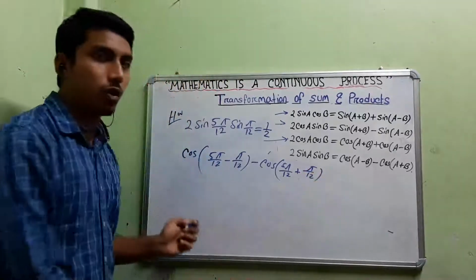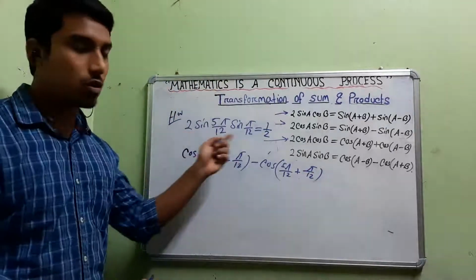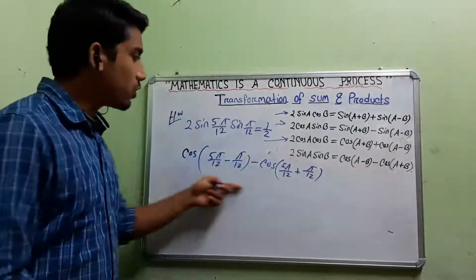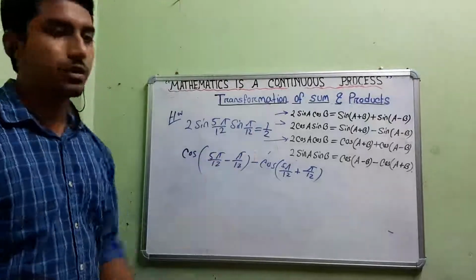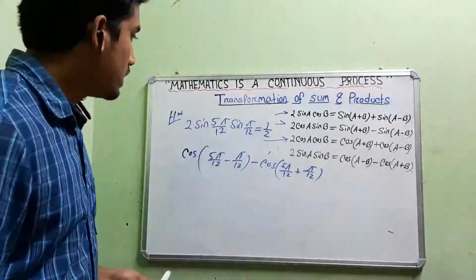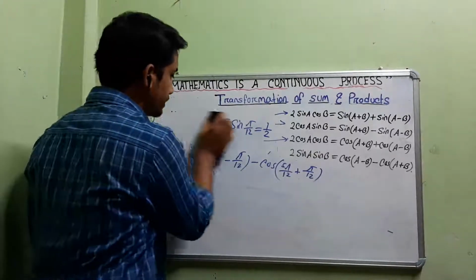So this way we will follow the formula, because it is falling under the fourth one, 2 sin A sin B. So obviously 2 sin A sin B is this one. We have just followed the formula, then simplify this one, and you will get your result, half. Okay, so this is the thing. Do it at home. Let me go to the next problem.